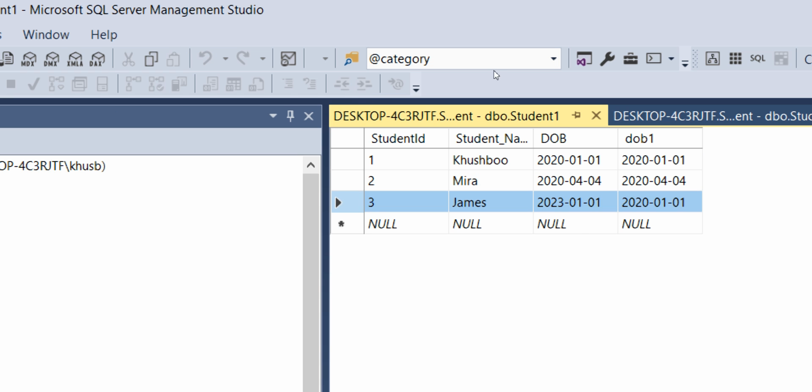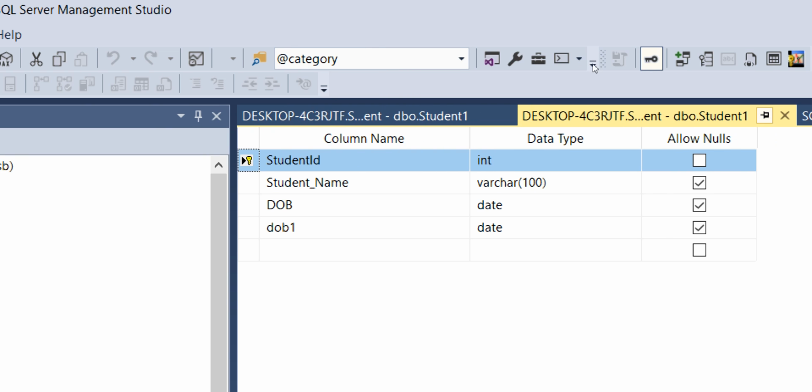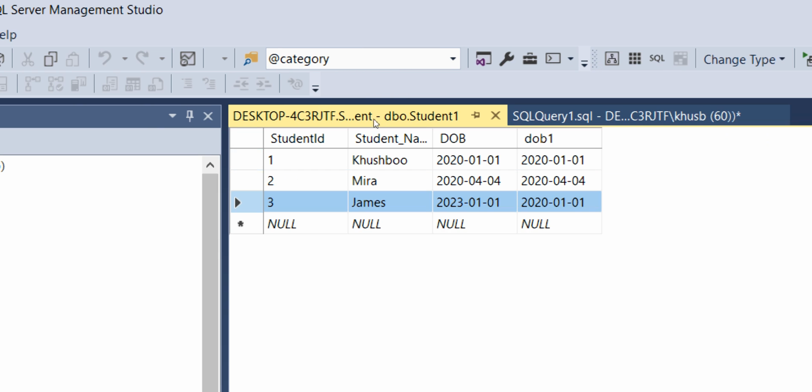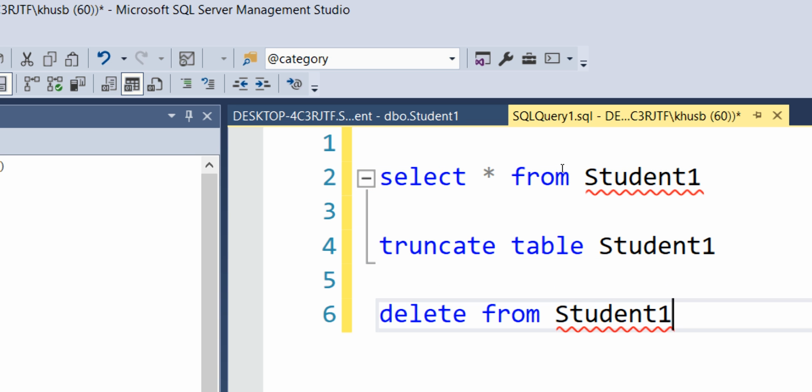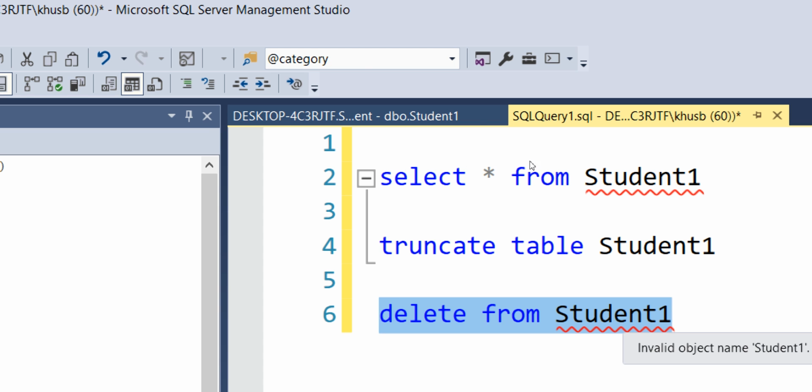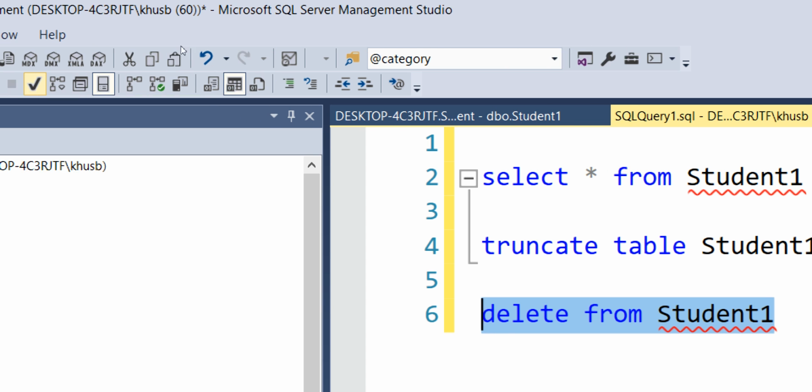Now what I am going to do is delete all the records. First I will use the delete command and then the truncate command. So let's first use the delete command: delete from student. What is it going to do?